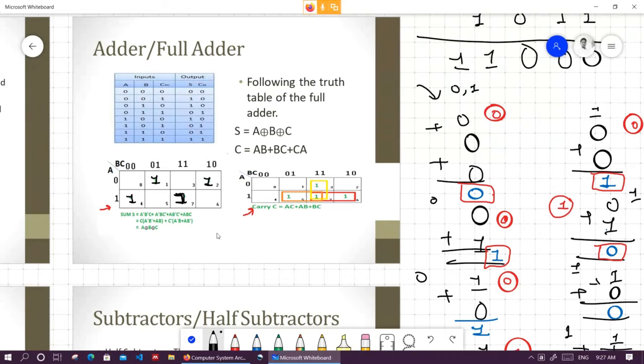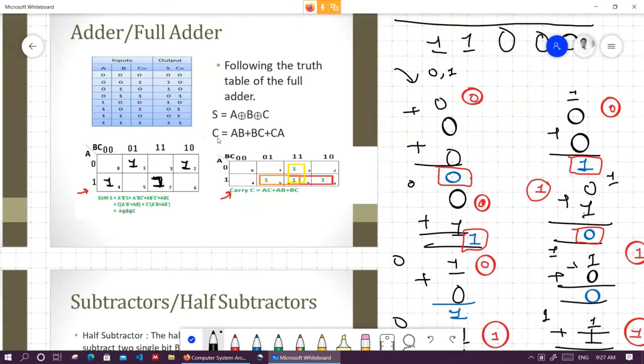So you can do the algebraic manipulation to find this if you want, and otherwise you can use this observation that this kind of K map will be present in the case of XOR function only. The reason is that the symmetric values are given 1. That means you can see that